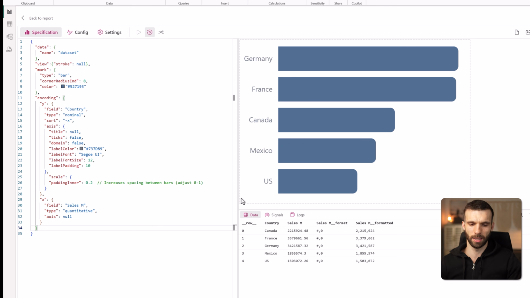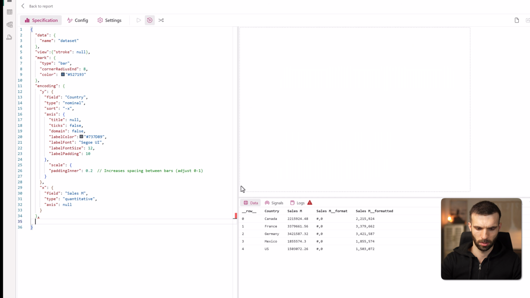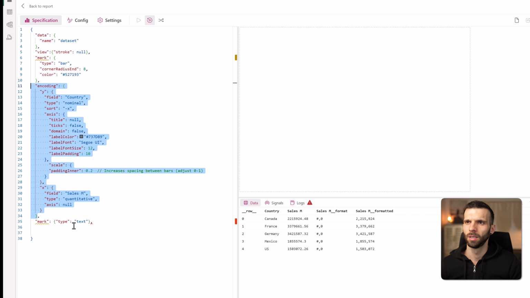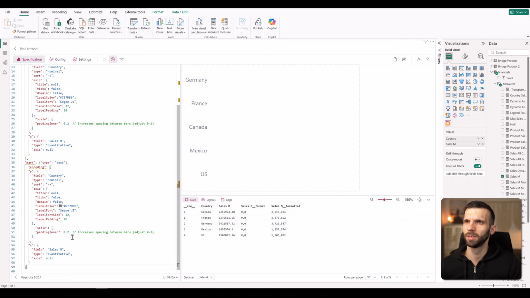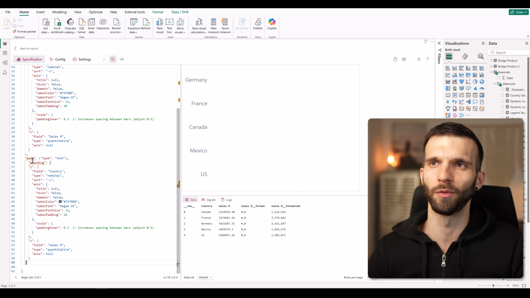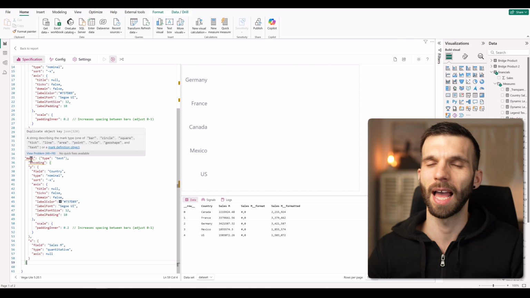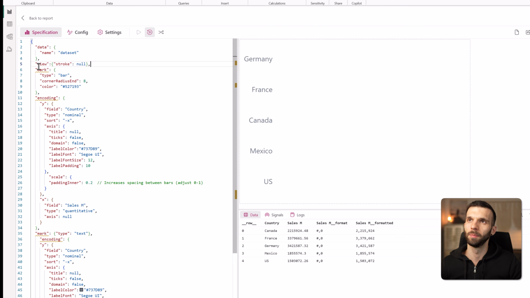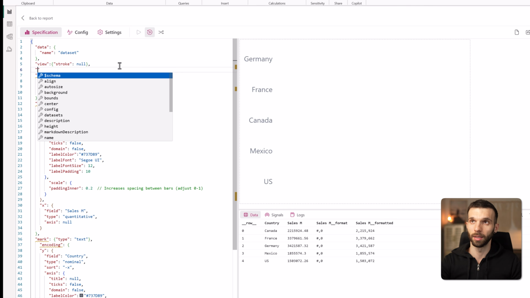So we can come to the end and add a new mark. Mark, and it's going to be type text. I forgot the colon here. Then comma. And I'm just going to copy the same encoding to it right below of it. And it doesn't work that way, because whenever we use multiple marks, we have to list them within a layer. So I'm going to come before this first mark and add the layer,